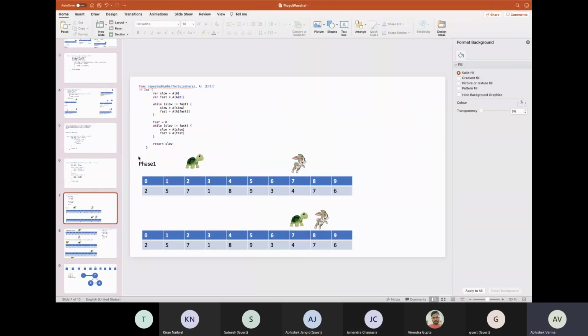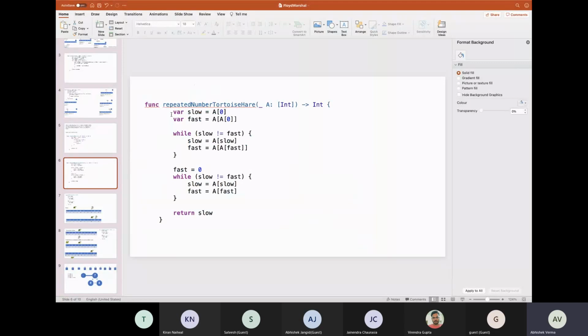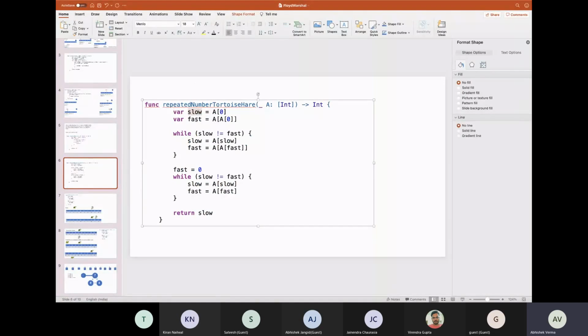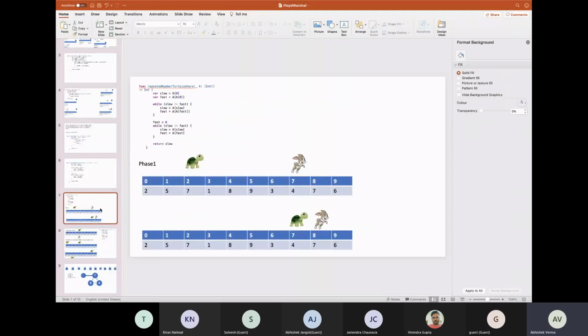So apart from whatever approach we had discussed, we are going to see how we are going to solve this. I had taken 2 pointers. One is a slow pointer and another one is a fast pointer. Slow will be pointing to a of 0, not 0 but a of 0, whatever the value at index 0 is. The fast pointer is also pointing to a of 0. Pictorially, there will be one tortoise, which is slow, and a hare, which is fast.